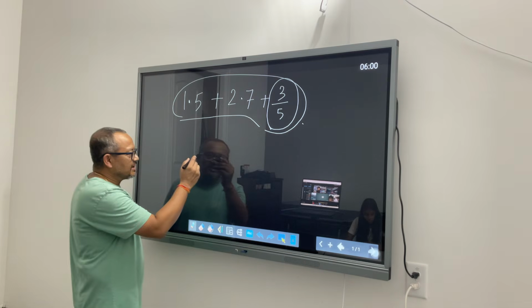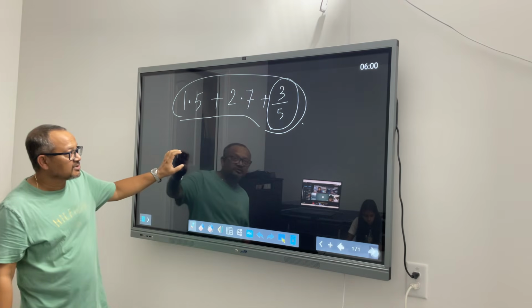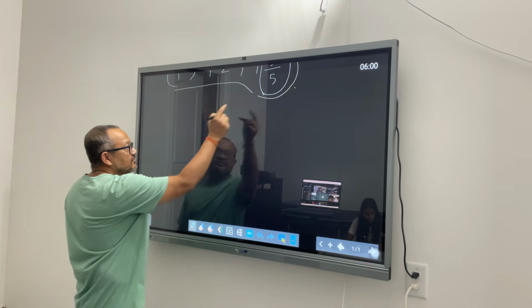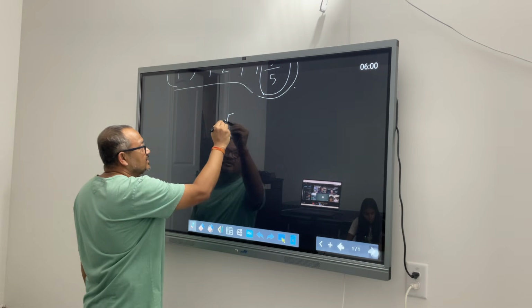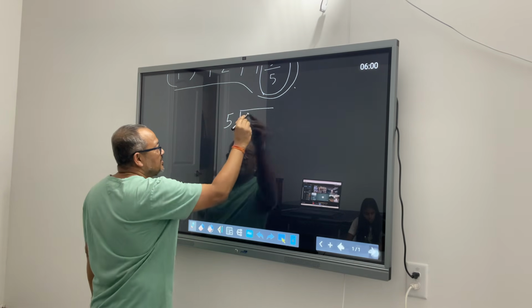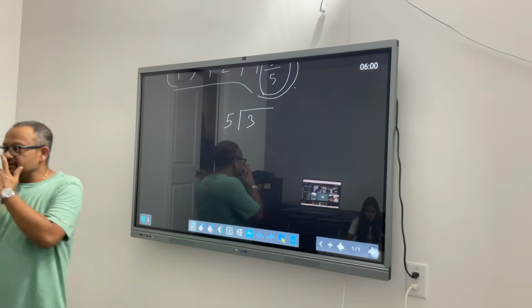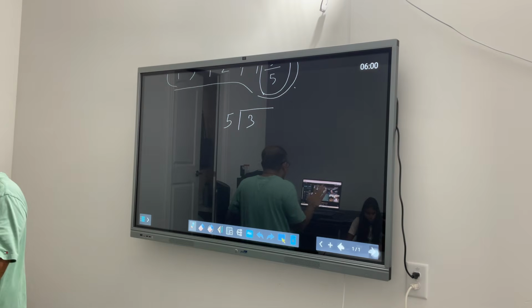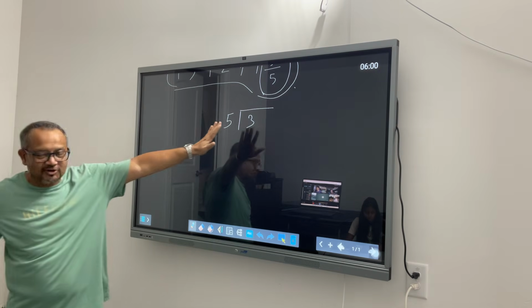Okay. So here, let's see how do I convert this fraction to a decimal. And Rudraj and everybody has heard this so many times. I call it chicken and egg. 3/5. So we are trying to divide 3 by 5. And there is a story behind it. I always call it the chicken egg story. It has nothing to do with our food habits. This is just a story, okay?